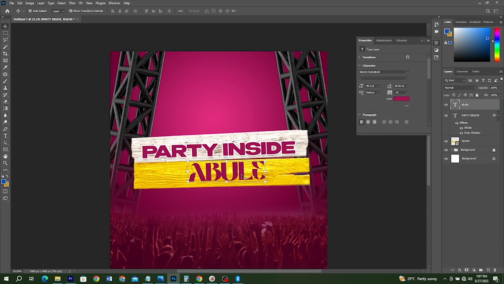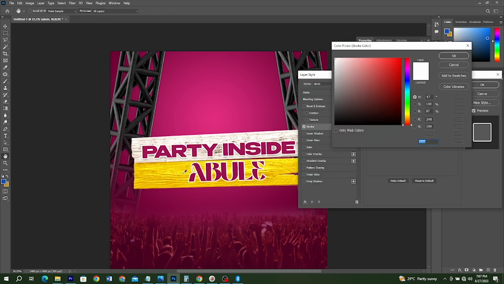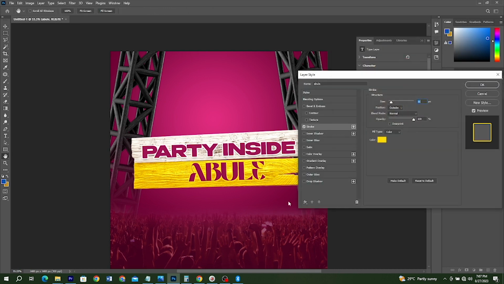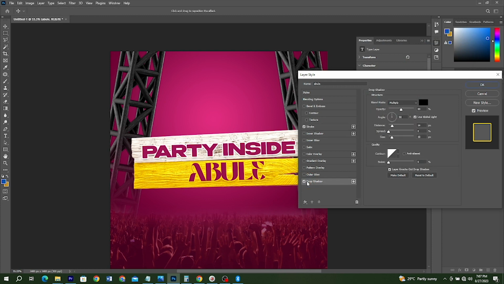Then I'm going to do the same thing, but this time around I will change the stroke from white to yellow. So let me make a sample from here. Then I'm going to click on OK, and then I'll also add a bit of drop shadow